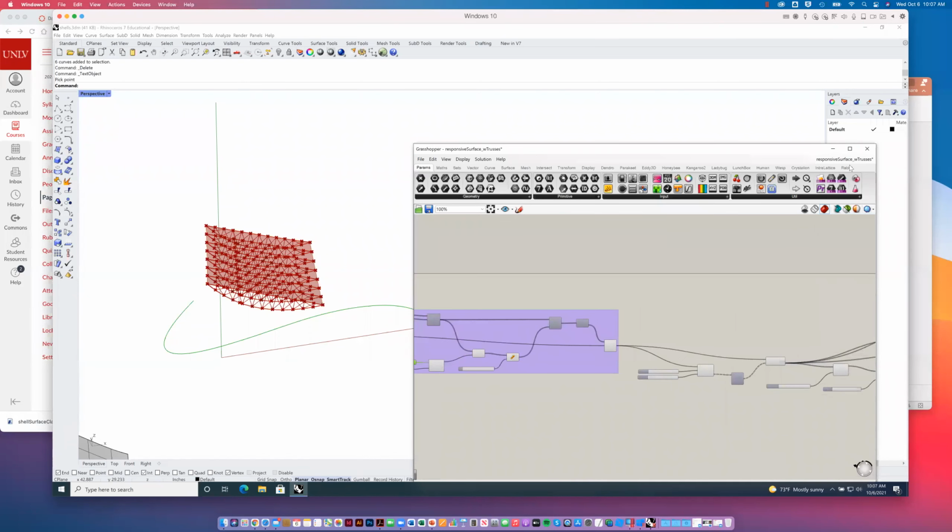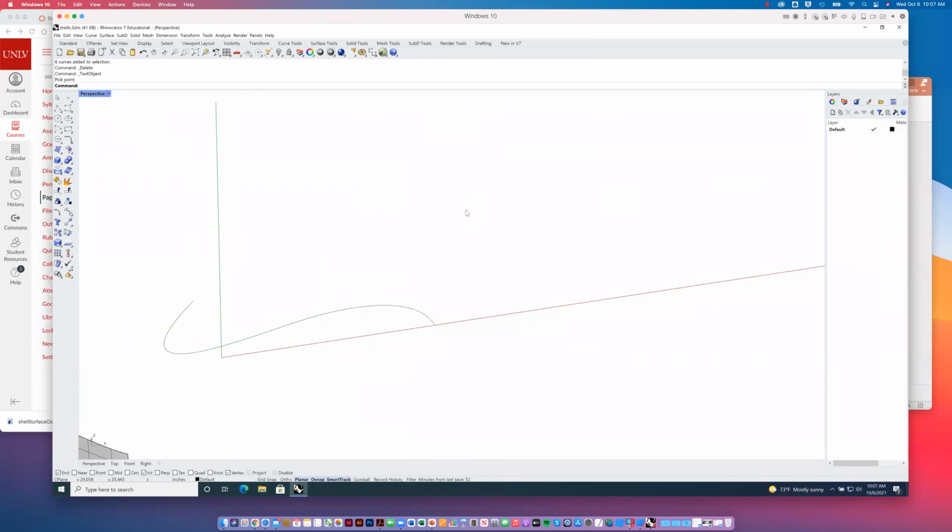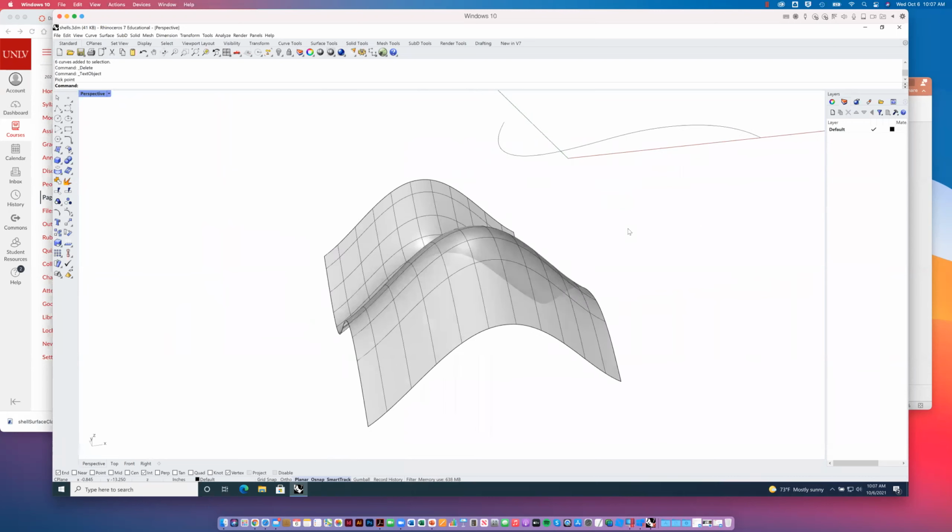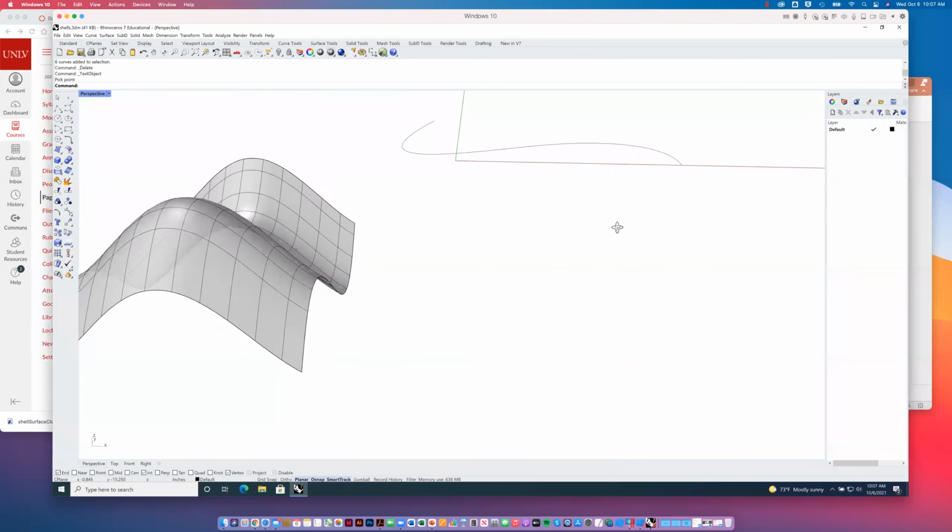Anyway, I just wanted to come to this, and I'm just going to go ahead and close that. I'm going to put this aside for a moment, but suffice to say, we'll be dealing with surfaces for the